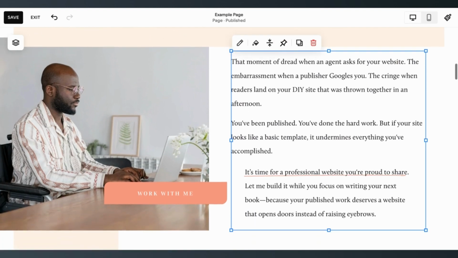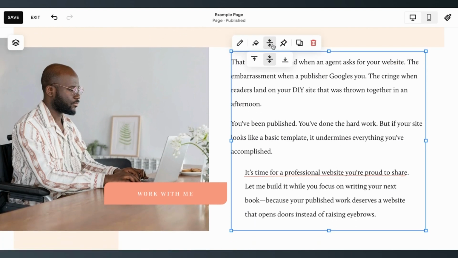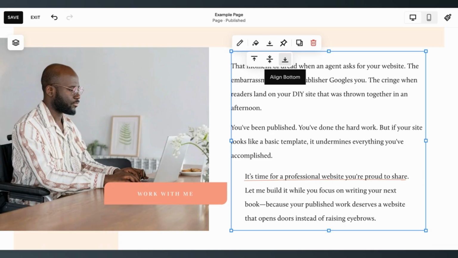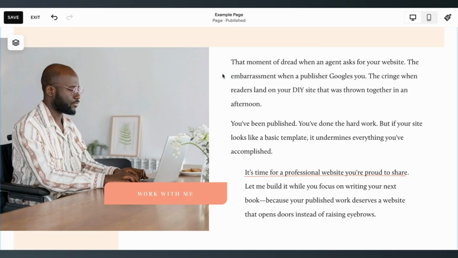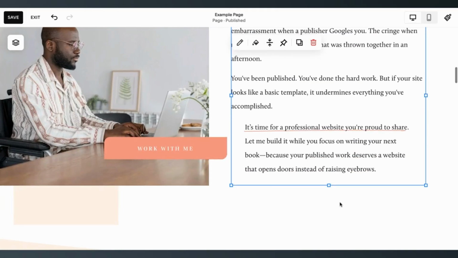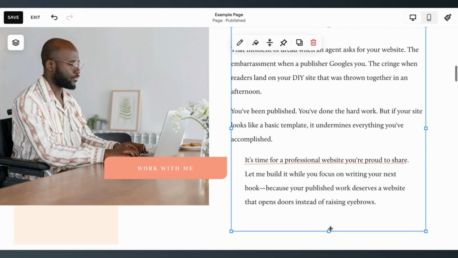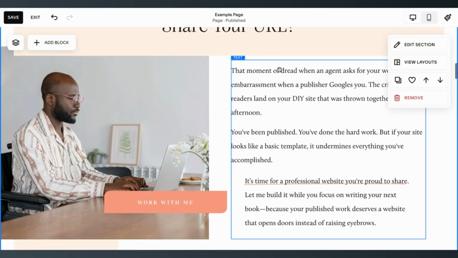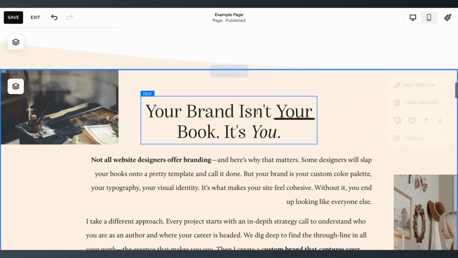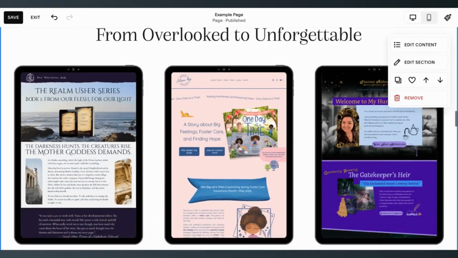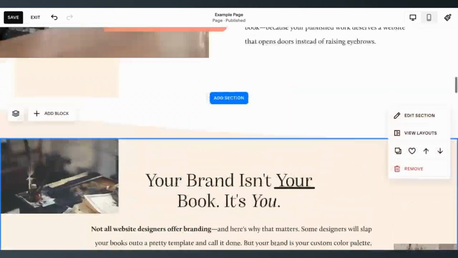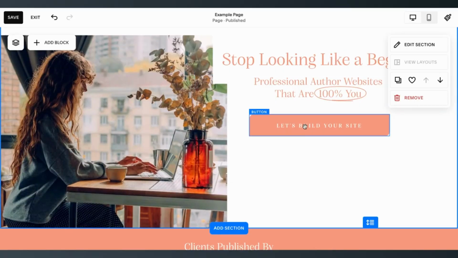Another really helpful thing is going to be whether you want it aligned vertically, or you can have it aligned with the top of the box or the bottom of the box. So for instance, right now it's in the middle of the box. For this one, I wanted it to be aligned in the middle of this photo, and so I have it center aligned, but in a different place, for instance, here,